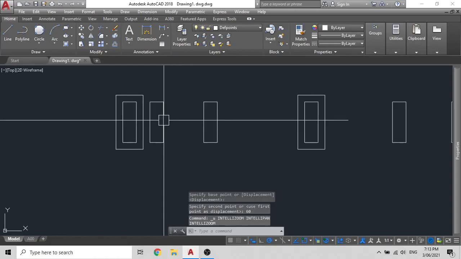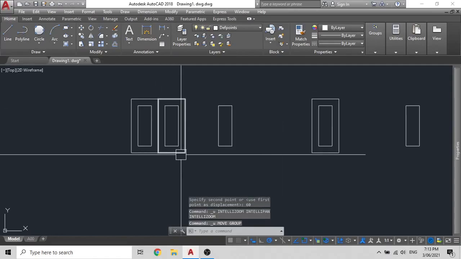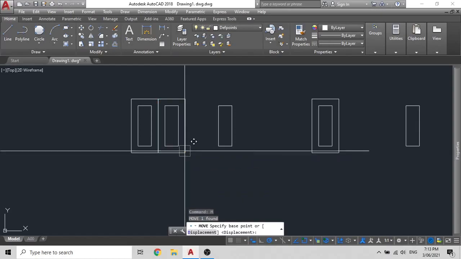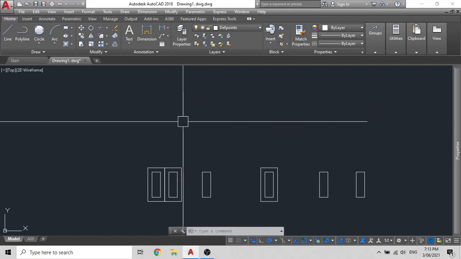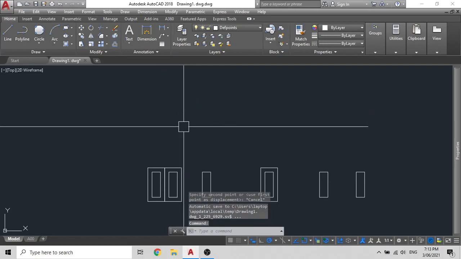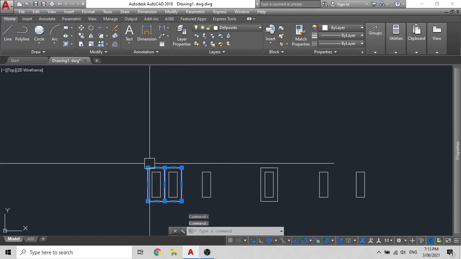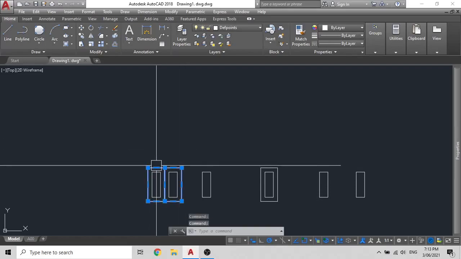Now moving it with a distance works really easy. Rather than you select, then you move this and you try to put construction lines and waste your time. Drafting is not about wasting time. It's about how fast and how precisely you can make your drawings. You have to be consistent because consistency is key. So to be consistent, use the commands and the methods that I have shown you in this two-part video series.